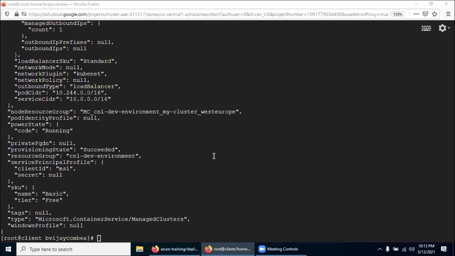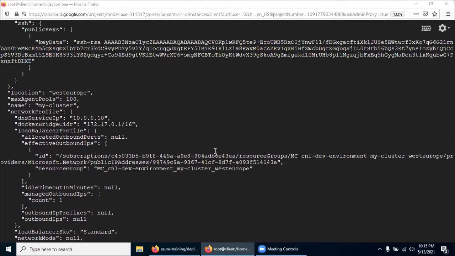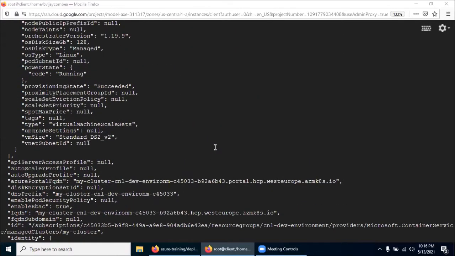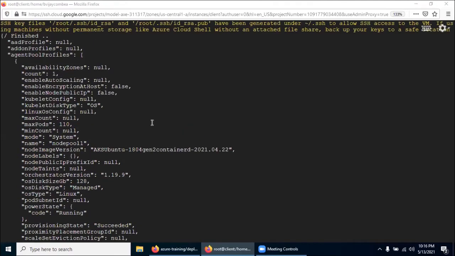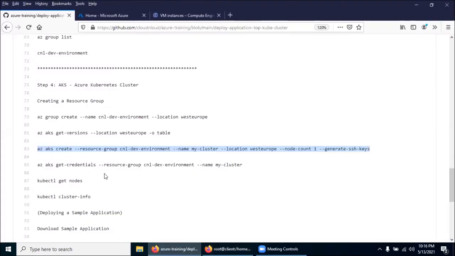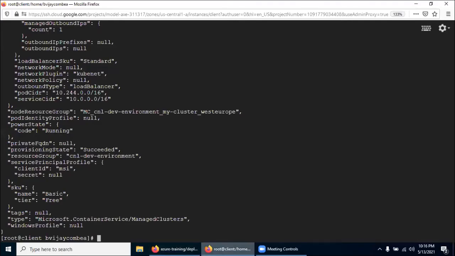If you can see the output, the cluster got created, and you get all this output about the Azure cluster. Now retrieve the credentials, making sure you are in your home directory.